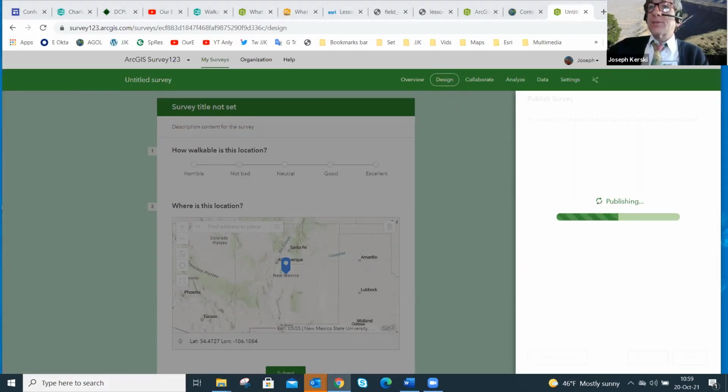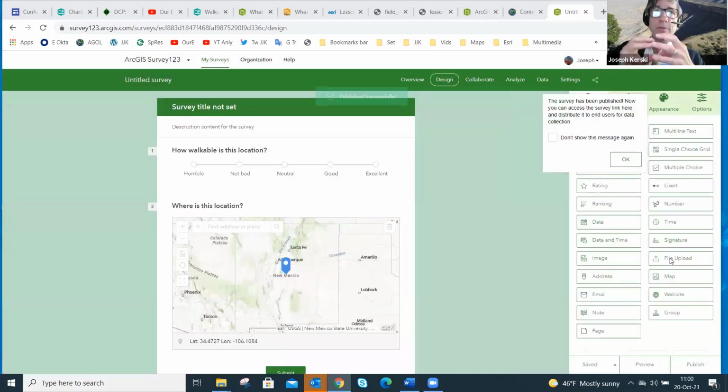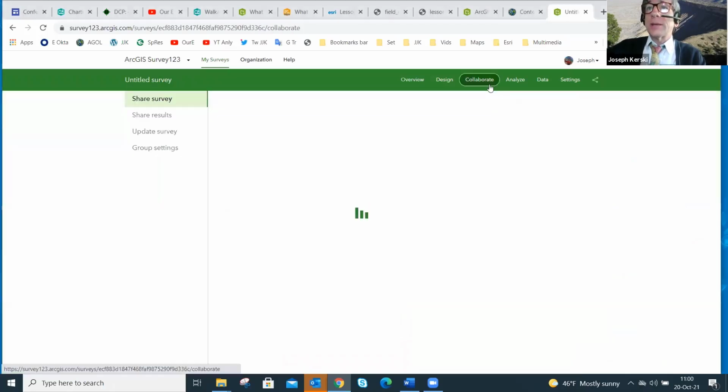Okay. So far so good. It's publishing my survey, which means it's creating the feature class, and then I have to decide a couple of things. One, who do I want to share this with? That's a decision that is inherent in our web-based GIS world, right, folks? Do I want to share it with a group of collaborators, with the whole world, or somewhere in between, or with nobody? It's just something that I'm working on myself. That is where this comes in.